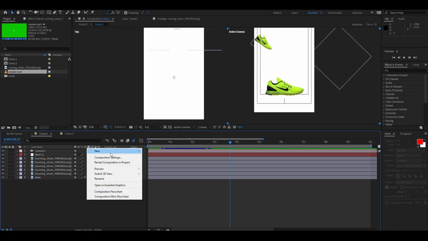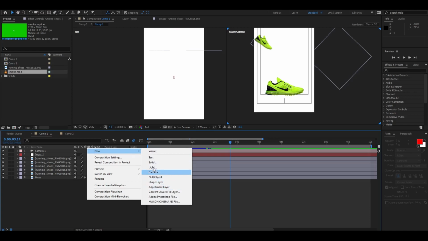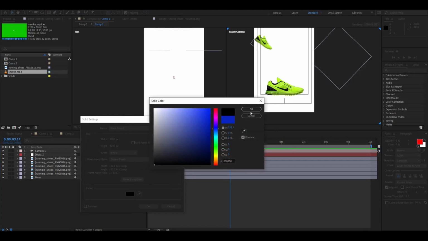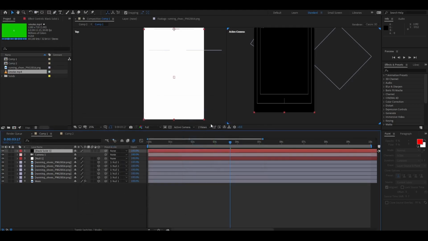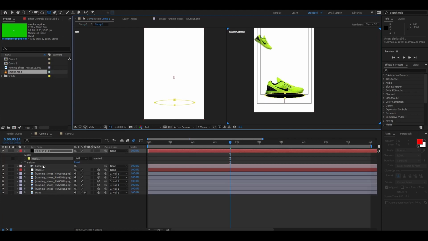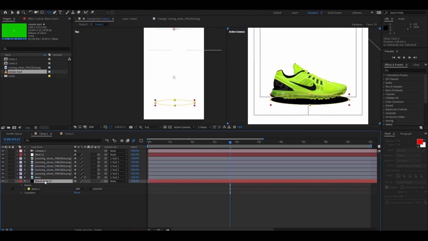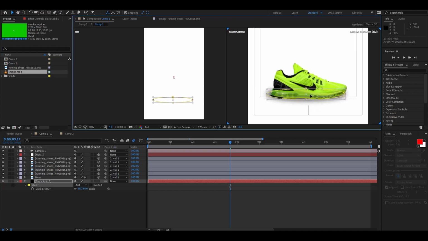So for that, I will need a solid actually. So I will just right click, new, and solid, and just change its color to black. Okay. And at this point, I will just select the ellipse tool and simply create a mask, put it behind these. And now I will just use F for the feather and increase it like this. And with the help of the mask,